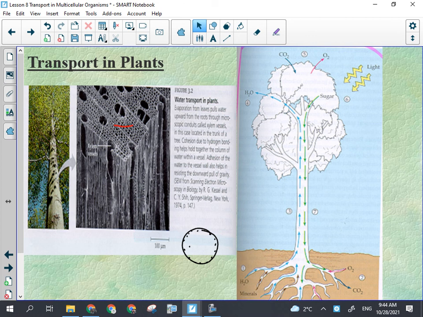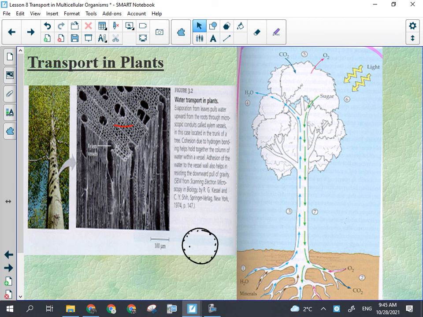a tree, but it's divided up into smaller tubes where the hydrogen bonds are strong enough to support that column of water. Think about this. If you have 2 different straws, one of those really skinny straws versus a big giant slurpy straw, which one is easier to get moving? The smaller one. You hardly have to suck at all on a really thin straw to get the fluid to come up because there's not very much of it in there. But if you have a really big straw, you have a lot of water in that straw,